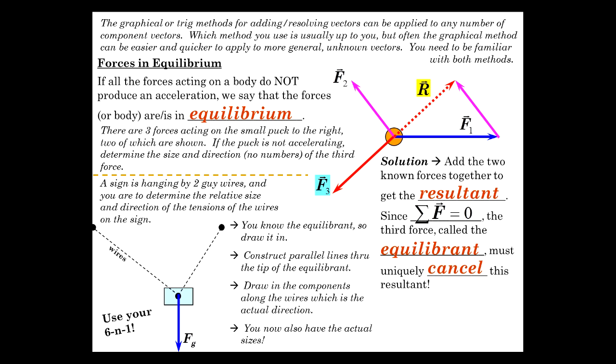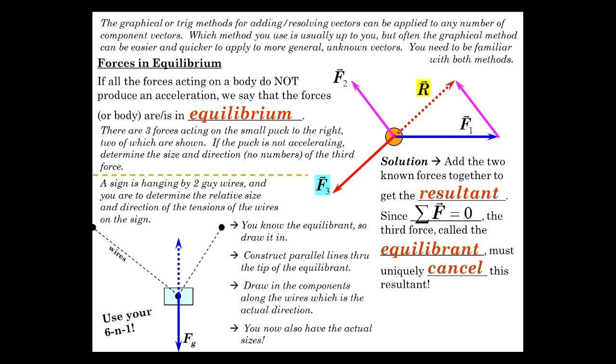Now, there's kind of a list of rules to solve this thought process. You know what the equilibrium is, so we can draw it in. What I mean by that is these 2 wires pull in such a way as to resist gravity. So the equilibrant to this FG is just an equal vector in the opposite direction. So we can draw that in. And we know that the 2 components, the component of tension here and here, add up to give us this